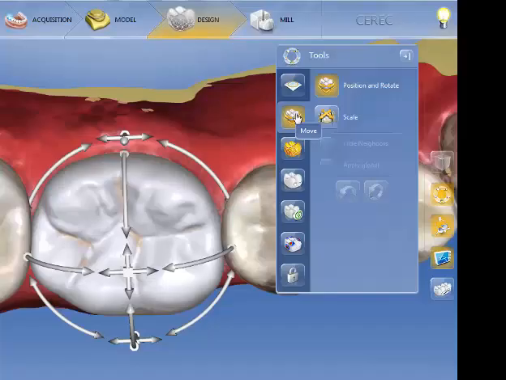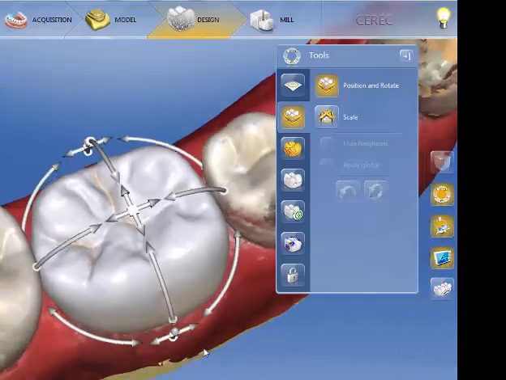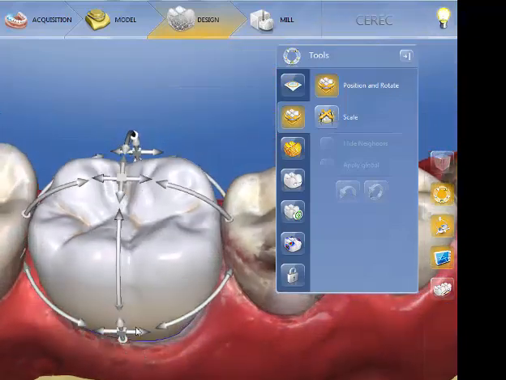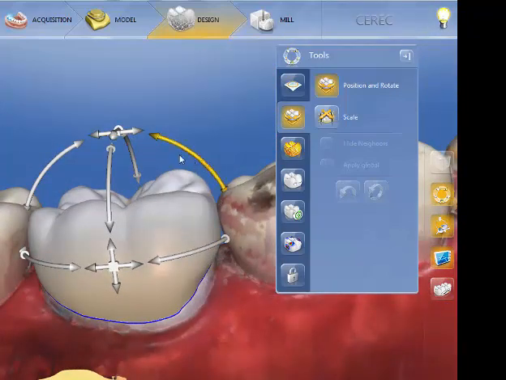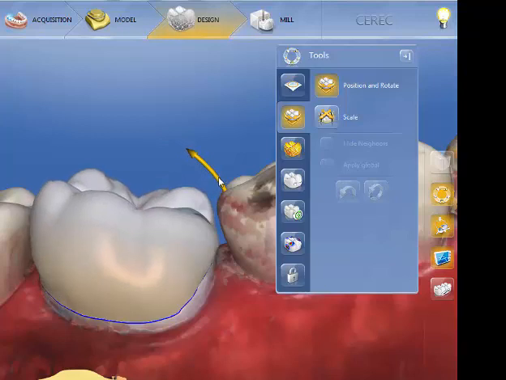The move, which is position and rotate and scale. You can see here's move, and I can either position and rotate it or I can scale it. Position and rotate. What I want you to do is think about this as if this is a denture tooth. And if I pushed on one of these arrows, left click and hold, push down, as you can see it